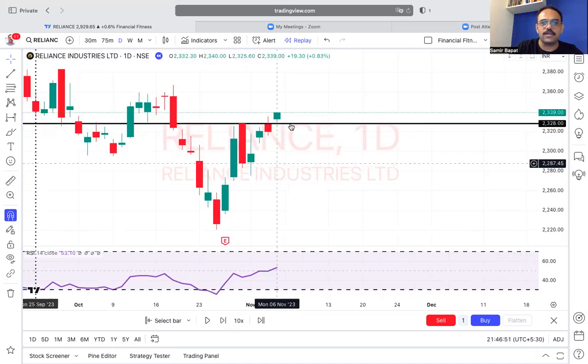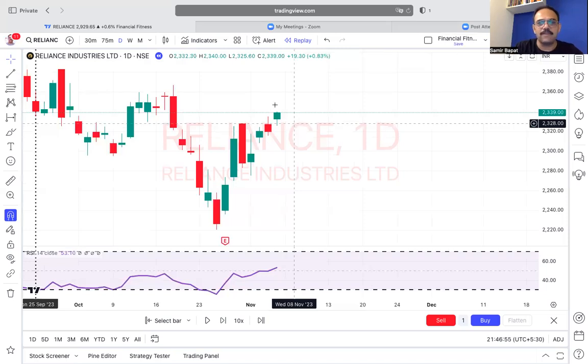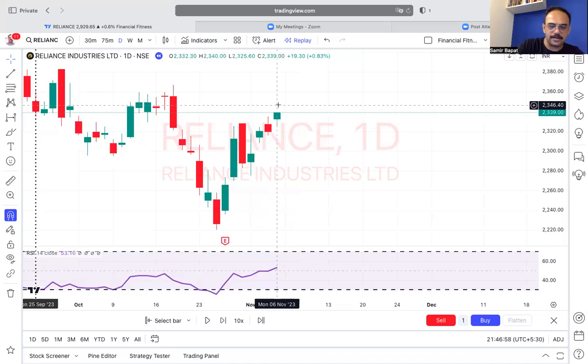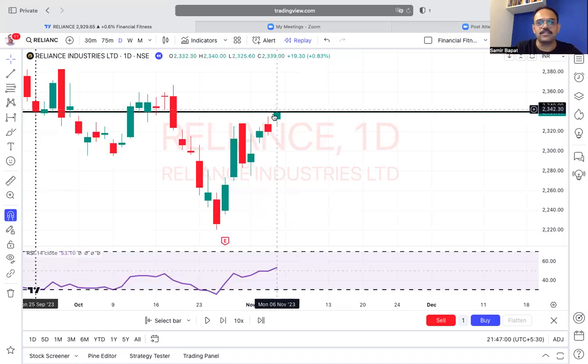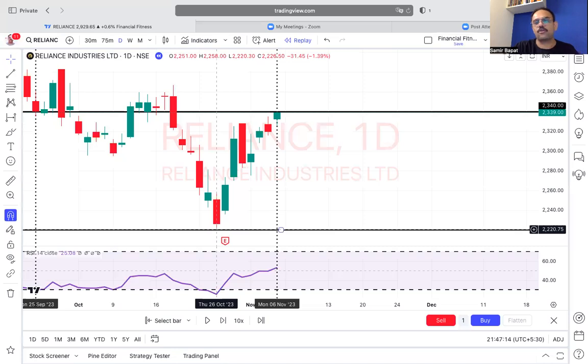So what I will do is, I had targeted this, but now I will keep my entry point here, because it has closed here. I'll buy actually here. So this is my buying. Whichever is the lowest point here, I will keep my stop loss. So this is my stop loss. If it goes up and comes down, I will exit here. Okay. So this is how I will exit